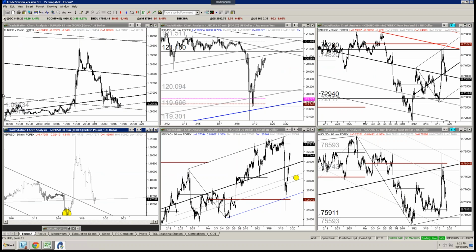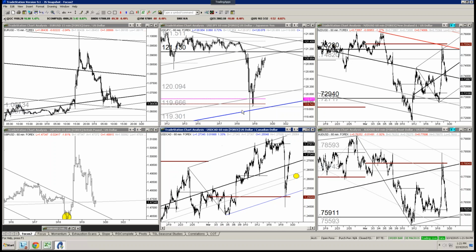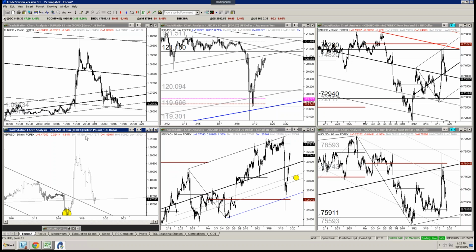So when we talk about different pairs, CAD yen, pound yen, Fernando asks, if pound yen is bullish potential and CAD yen is bearish potential, what happens with pound CAD? It's a good question. But I do want to say that a lot of times when you have two yen pairs that look different, the likelihood is that one of them is just going to be straight up wrong. So you could actually have pound yen continue to break down and CAD yen also break down, so you'd be right on CAD yen and wrong on pound yen. Doesn't necessarily mean that pound CAD's going to be good, but I'm glad you brought it up because